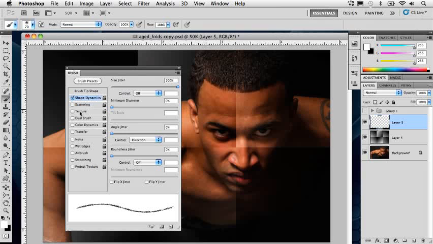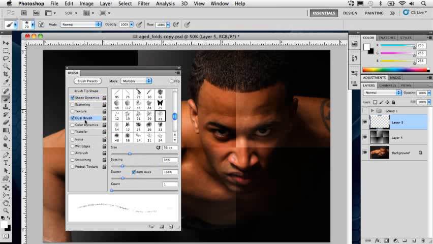Now what we're going to do is activate the dual brush setting. And then go in here, and actually you can choose the same stipple brush or one like it. And inside here we're going to change a few properties. First change the blend mode of this dual brush to multiply right here. And then we're going to increase the spacing and the scattering slightly, just to give kind of a more broken up element there